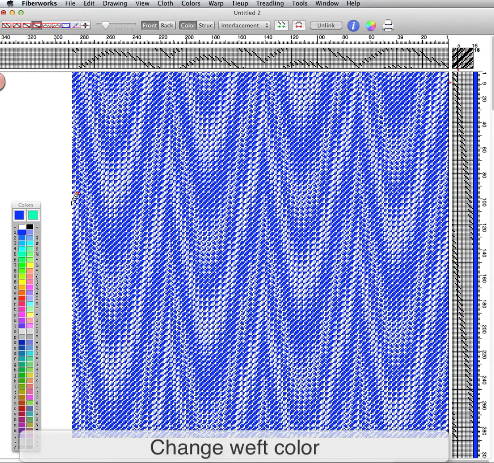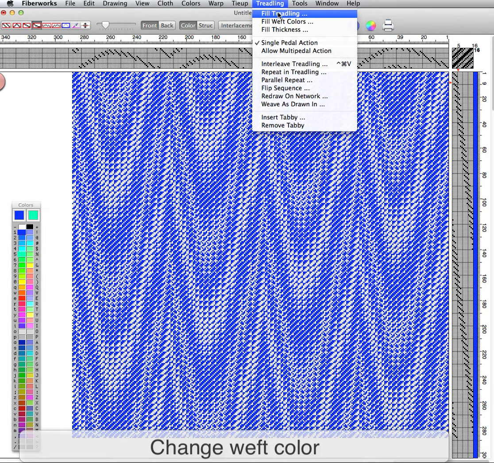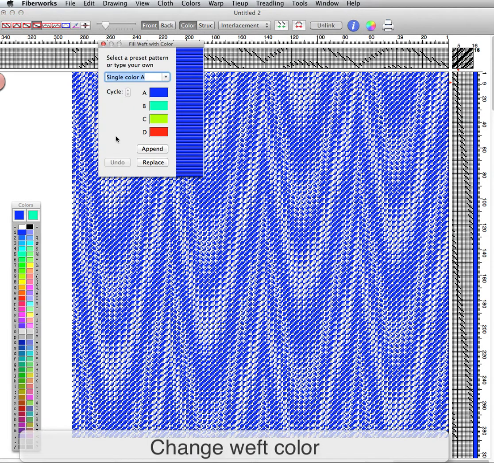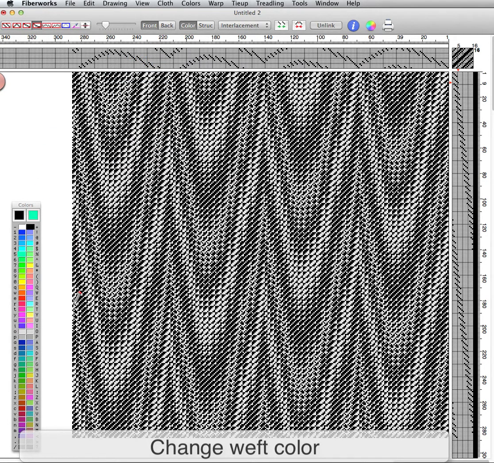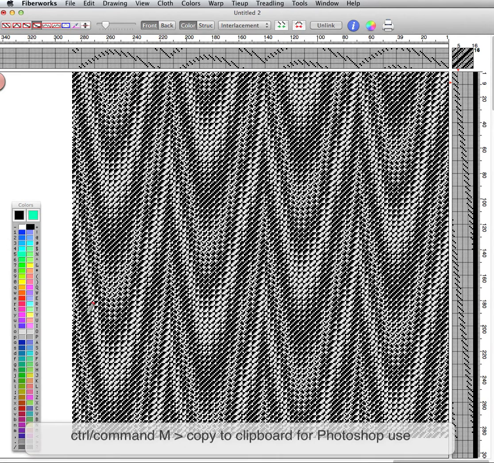So the next thing I'm going to do is to change the weft color to black. Mainly because it's easier to pick out. And also it's possibly what I would use as a weft color when I'm going to use a multicolored warp. So that's the end of the first part of the tutorial, except for the next thing we have to do